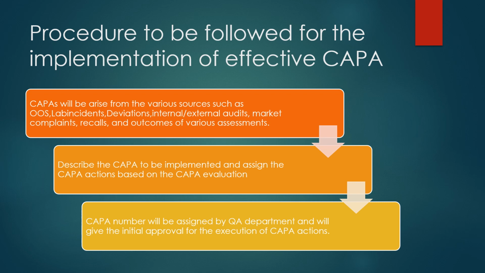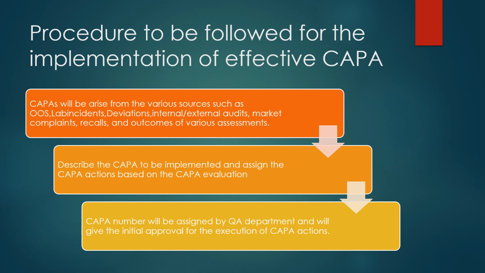What is the procedure to be followed for implementation of effective CAPA? These are the sequential steps to be followed in the CAPA procedure. CAPAs can arise from various sources such as OOS, that is out of specifications, lab incidents, deviations, internal or external audits, and market complaints, if there are any recalls or outcomes of various assessments. So these are all CAPA sources, and they will come from any investigations or any discrepancy observed in our